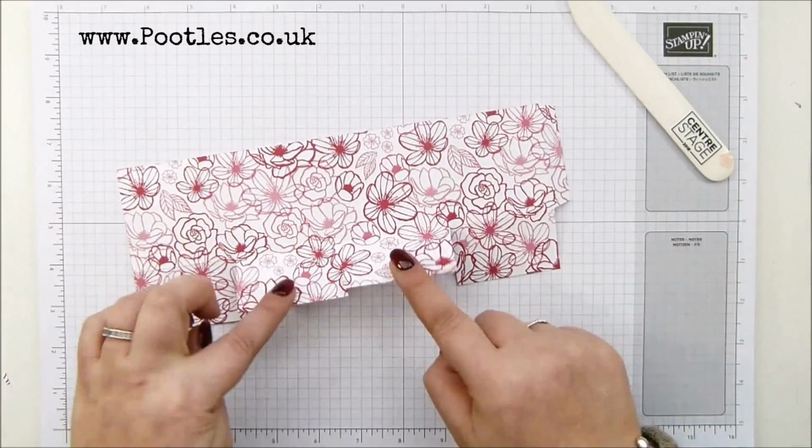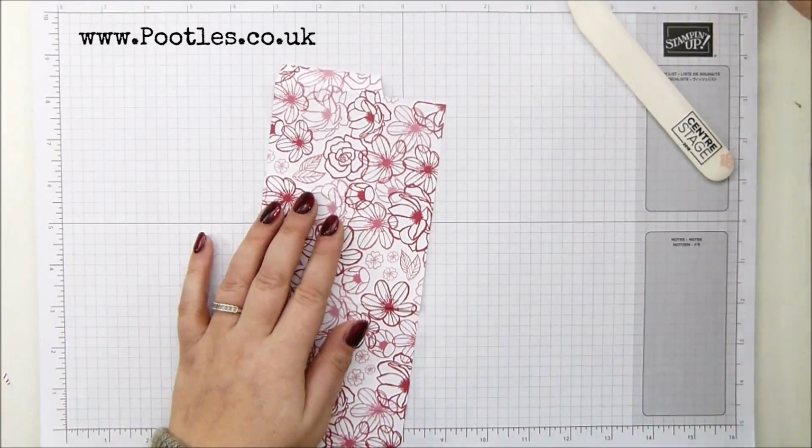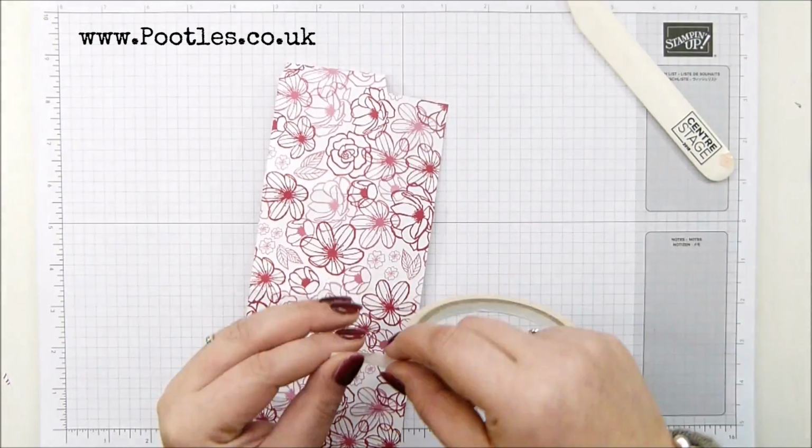Okay, so I've just trimmed off there and trimmed around there. So obviously this is slightly shallower, hence why that's the bottom. Oops. Right, so